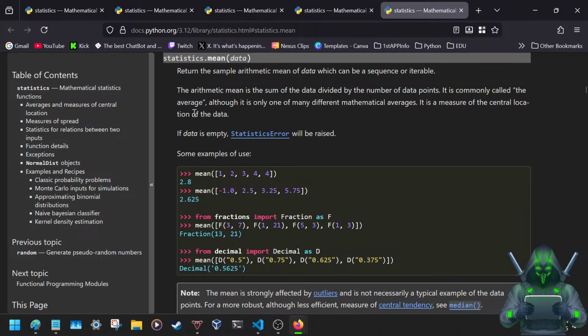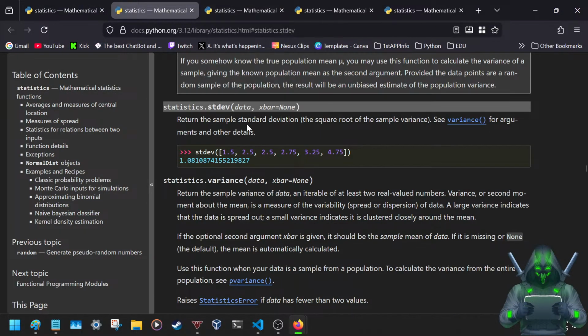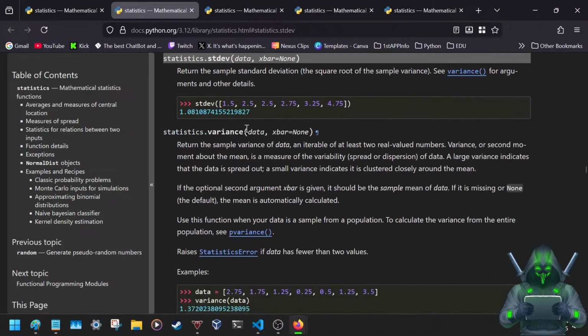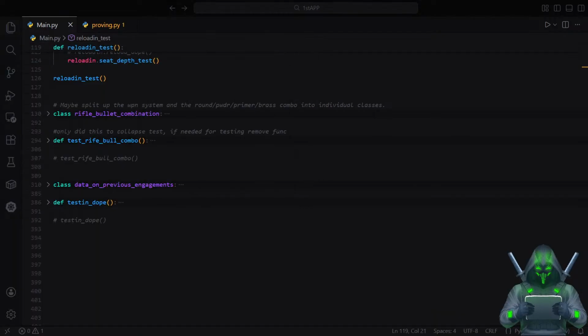So it seems like this is pretty damn simple. From what I'm looking at here, I'm pretty much going to call statistics, standard deviation, and then whatever the information is. So my problem now, I think my problem now, I have many of them, is that